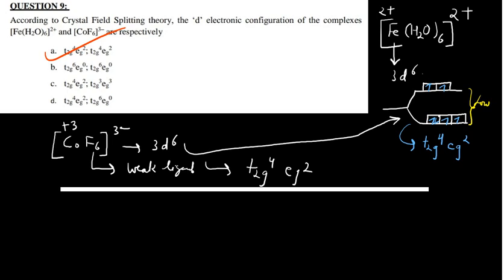This cannot be correct actually because all the electrons are paired here, and this pairing in the t2g set will occur only when we have the strong ligand, which is not here. This first one is fine, but the second one is wrong, so this cannot be your answer. And similarly, the first one is fine, but the second one is wrong, so this cannot be your answer. So this is option A. This is how you can solve the problem.